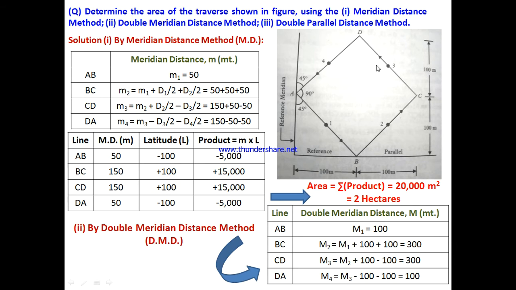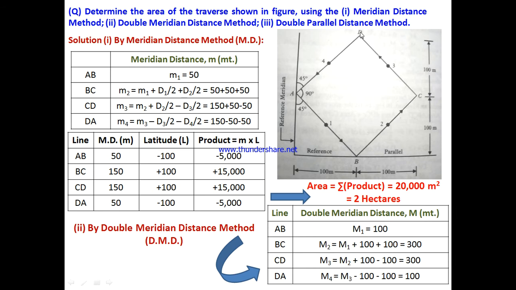Or you can say you have this particular value, meridian 3 value, then you need to move from up to here, then up to here. So if from M3 I am going this side, then again I am moving towards the west direction, so again I have to take minus 50 value for the same. So it will be taken as minus 50 because this particular distance as the total is equal to 100. So this distance will be equal to 100 by 2, which will be equal to minus 50.